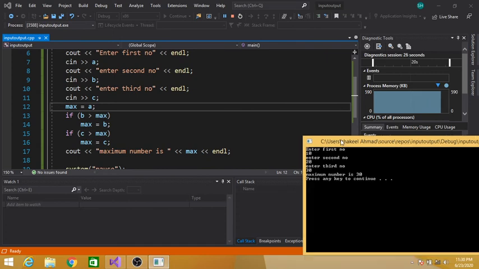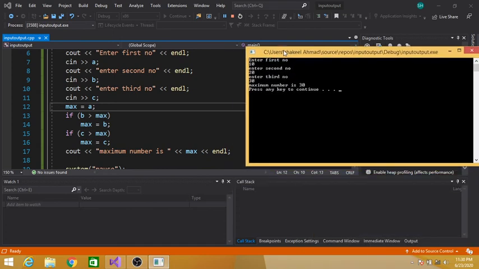See, we are getting 3 numbers from the user. First, enter first number. A contains 10, B contains 20, and C contains 30. So we are saying max equals A, meaning A contains 10, so 10 is assigned to maximum.